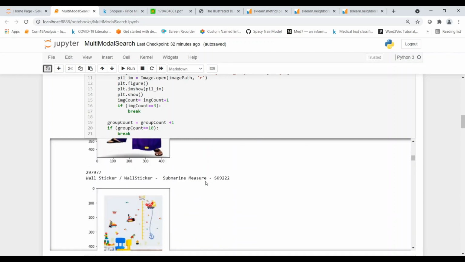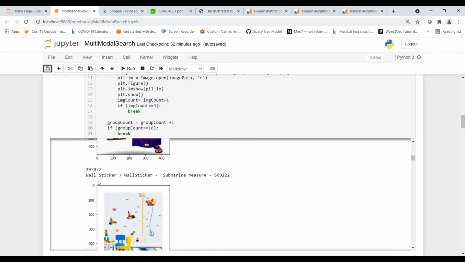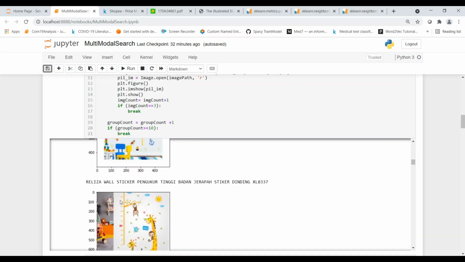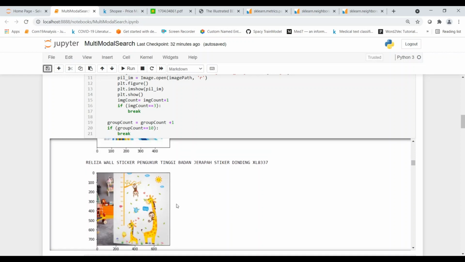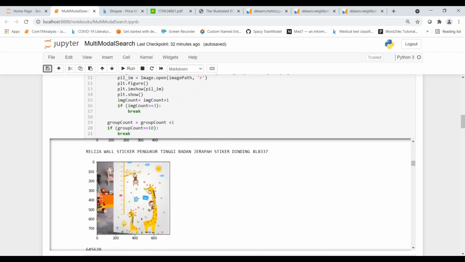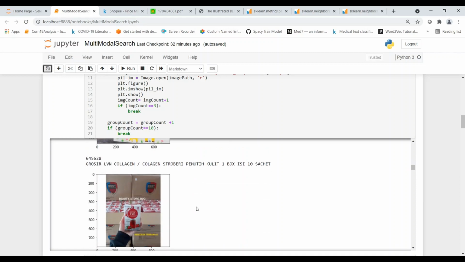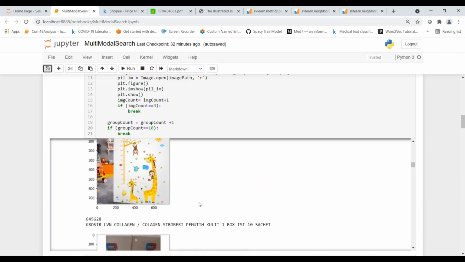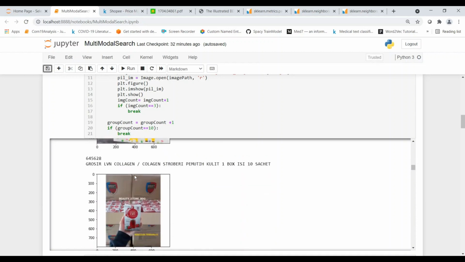Now if you look at another product, which is a wall sticker, you can see one description and the image, and a second, slightly different description and image, of a wall sticker. Then you have another product, which is a collagen sachet.